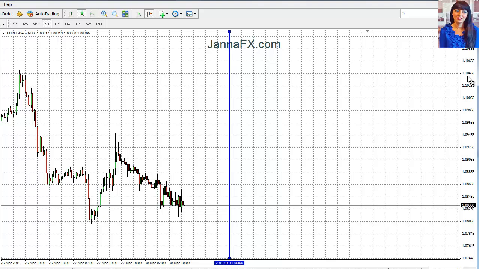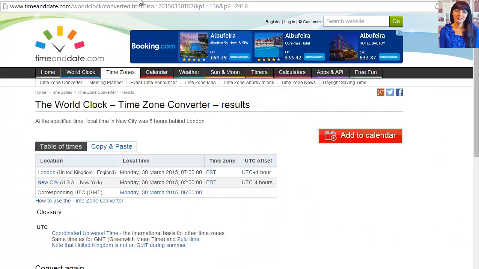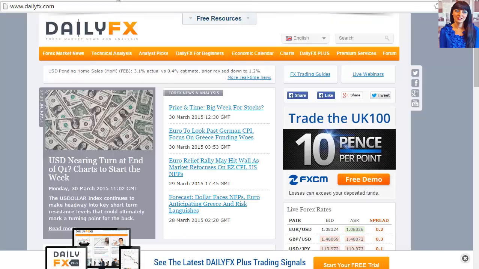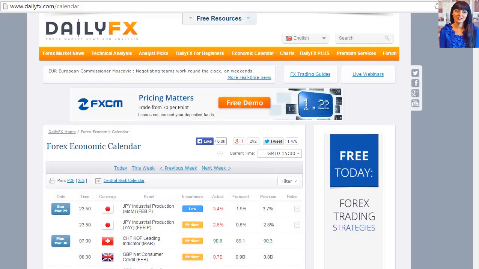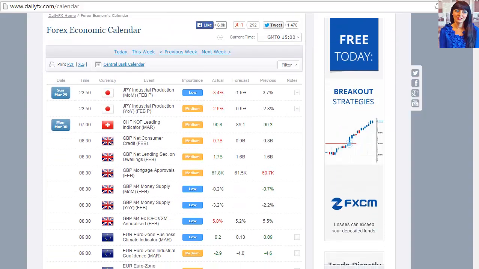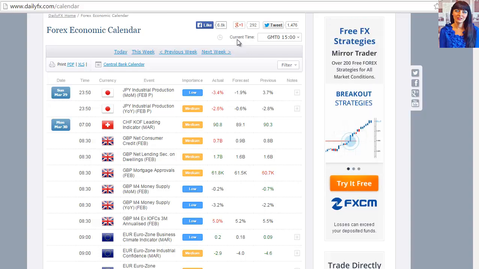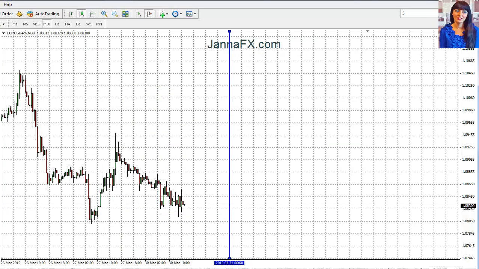And so next one is also a very good option when you trade in news events. I've been telling you about this site, it's Daily Forex, where I'm using the economic calendar, and if you press that, they also have different times, so you can see it's very useful and easy to use. Also, it would help you to find out the news events, because it's quite a common question. So current time, you can see it shows as GMT 3 o'clock p.m. and I can check it out again with my